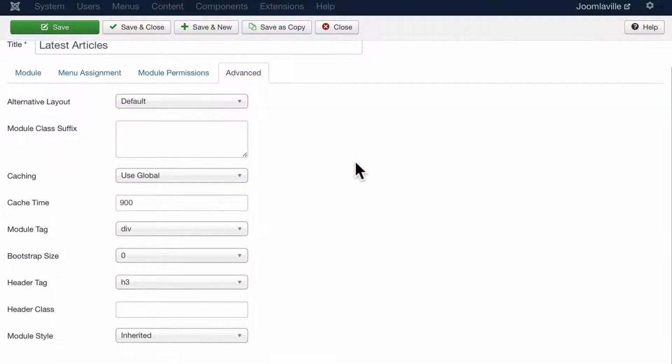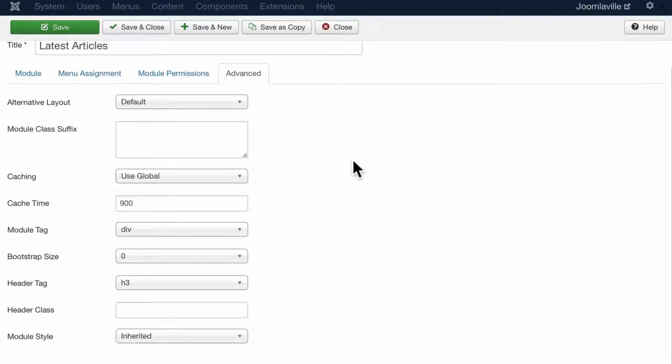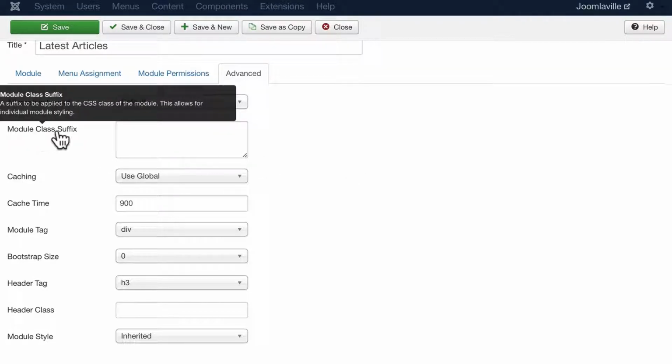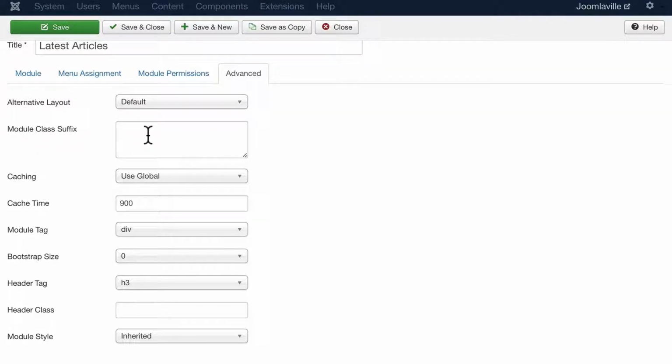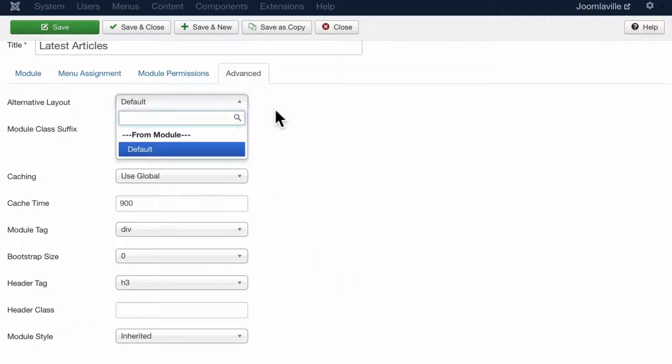And finally, under Advanced, one of the things you'll see a lot is module class suffixes. This allows certain modules to take on a different look and feel, and we'll play with that in just a few minutes when we add our new template. You can change the header tag from an H3 to anything you want. You can even add a class to the header,